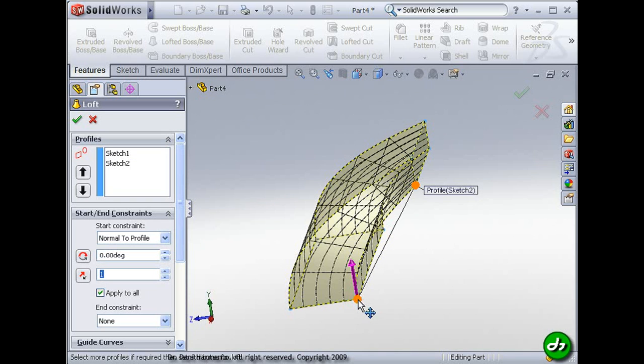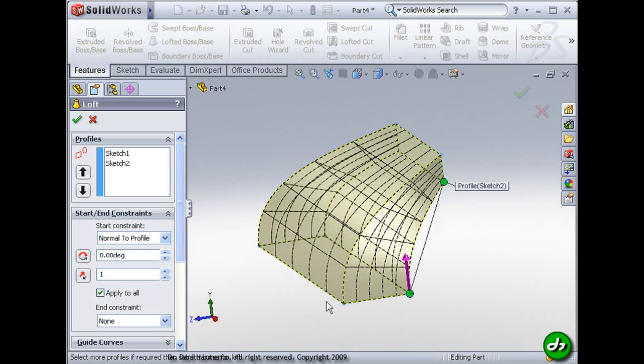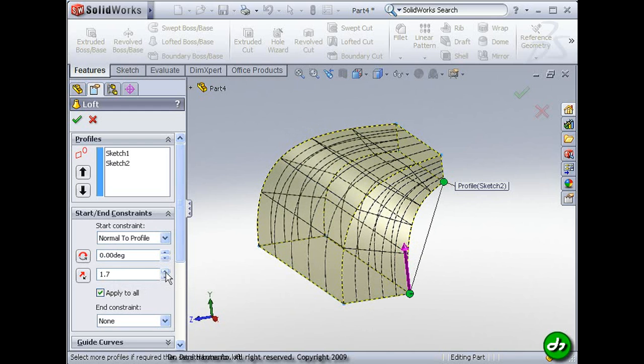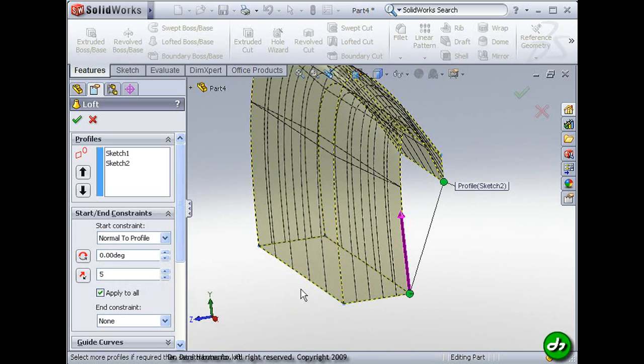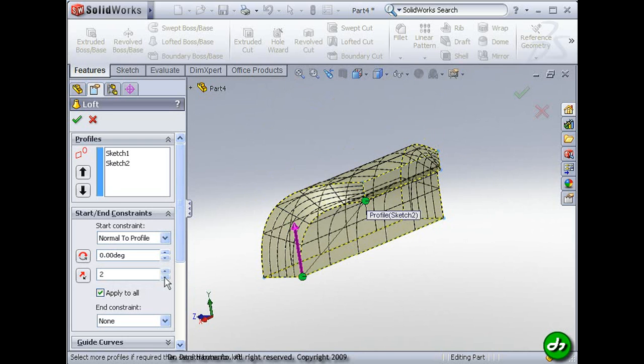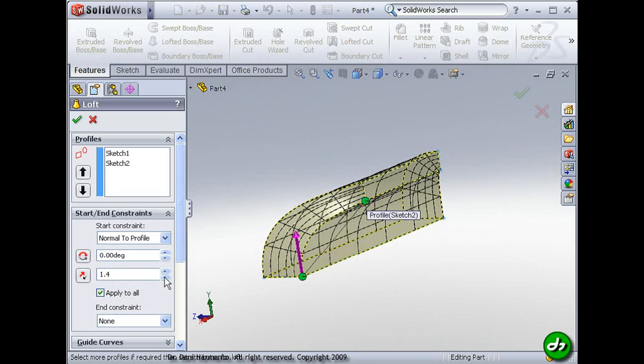As we select this one as the first one, this will be your start constraint. Now if I want to increase this one, either I can drag it like this, or I can use this distance or start tangent length. So I can lower it down, or I can make it higher, like that. If I move it back again to 1,